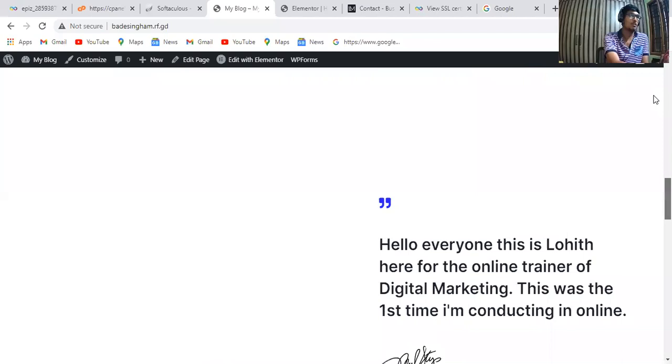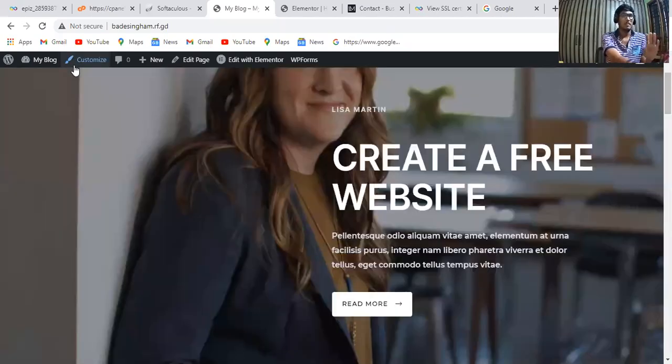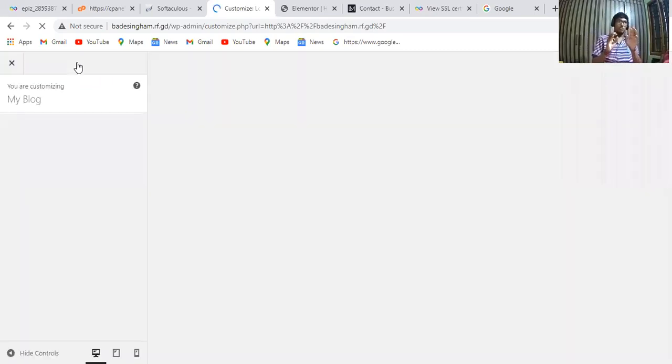If you want to change all those things, that means you have to click on the customize option. You have to click on the customize option. So now I'm going to click it and edit all those things and change them. And finally I'm going to change my numbers also. So let's look very carefully. This was the example that I'm going to show you.